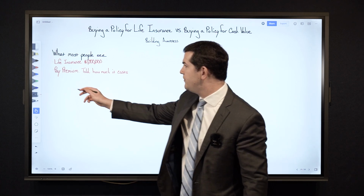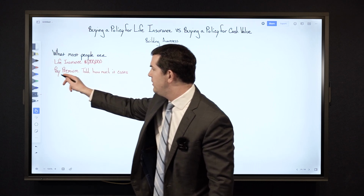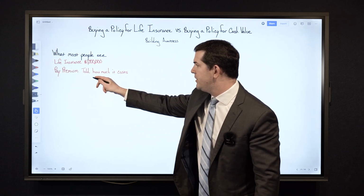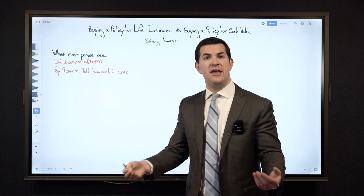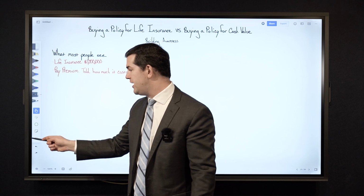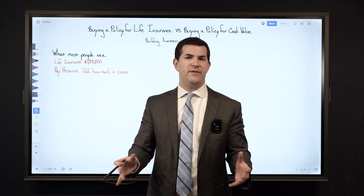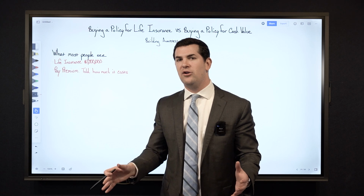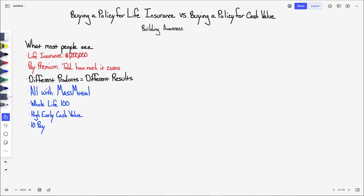for their situation. But how it works is they're recommended a death benefit, they're shown a premium, they're being told how much it costs, and they're told just to pay that premium, and eventually you'll see cash value build up over time. So when it comes to this approach, it is very expensive and not attractive at all for cash value. The thing is, when we take this approach, there are many different products that are available, and different products